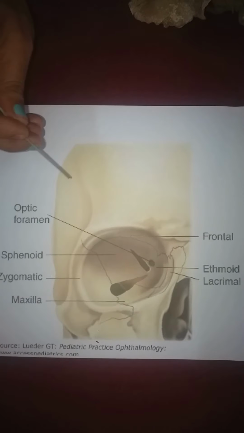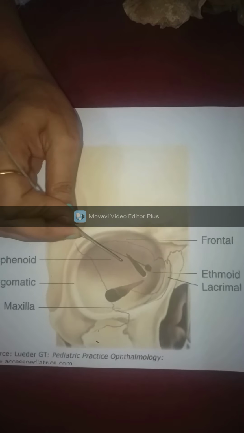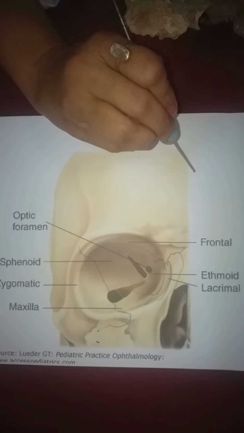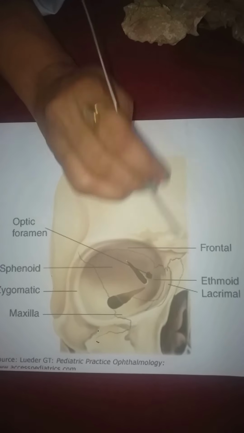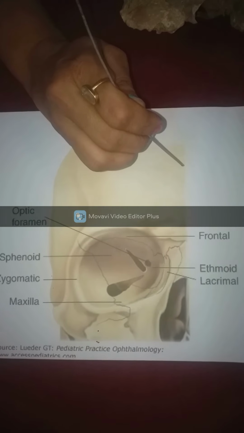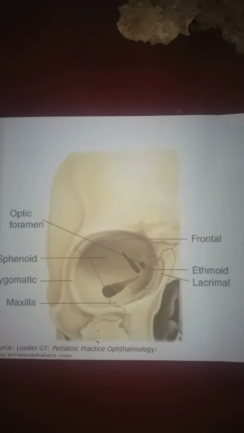You are looking at the base of the bony orbit. And now I am pointing to the foramina which are present towards the apex of the bony orbit. This foramen is called superior orbital fissure. This foramen is called optic foramen. And this fissure is called inferior orbital fissure. You want to see the same things in the skull? I'll show you the same things in the skull. Okay, let us see these things again.